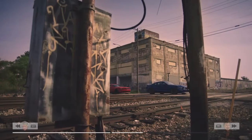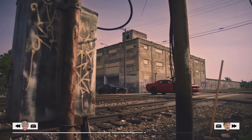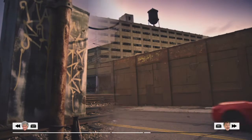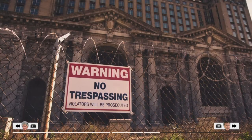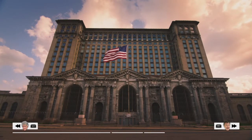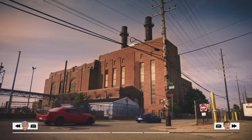First, though, we decided to find out which of our cars makes the loudest noise. There were, of course, many possible locations for this important test. But eventually, we found one that was absolutely